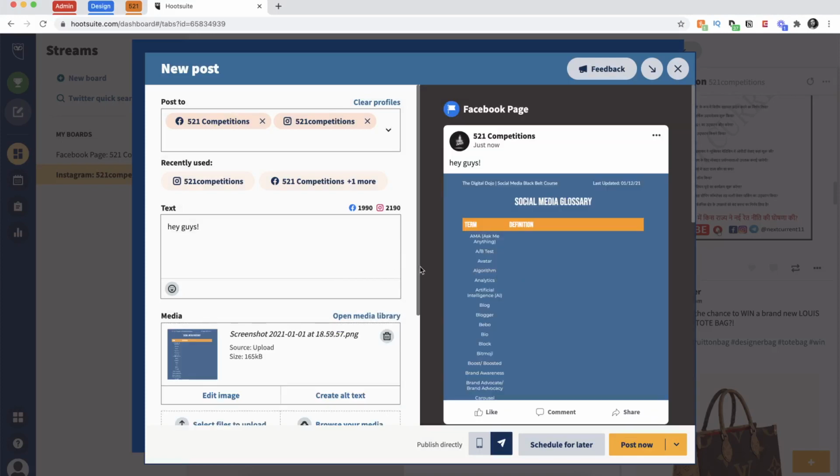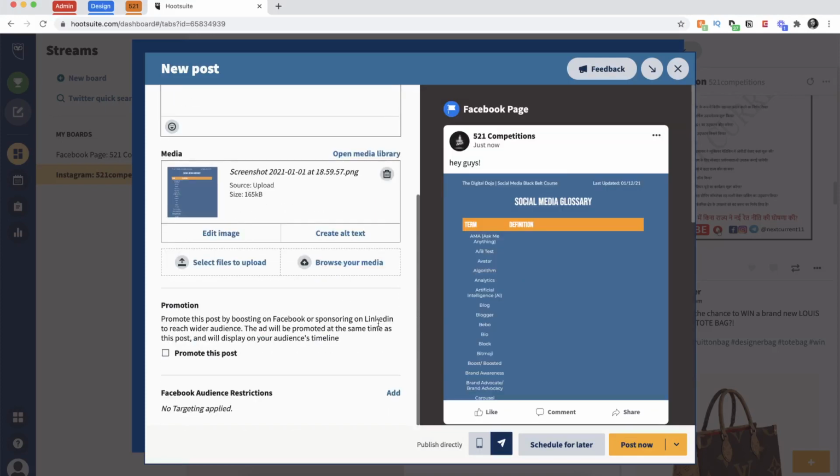Obviously, you can add other media types as well. And then you're going to scroll down to the bottom. It says schedule for later. You could post it now. You could save it as a draft, so you can come back and just prepare some drafts that you can edit later. But if I schedule for later,